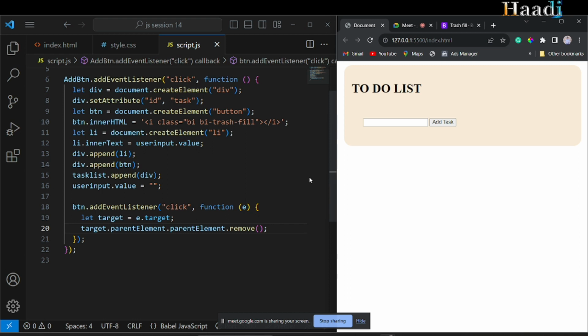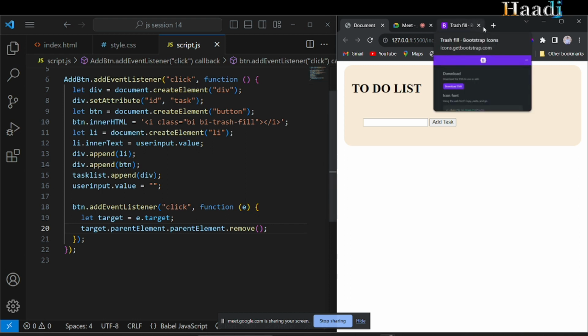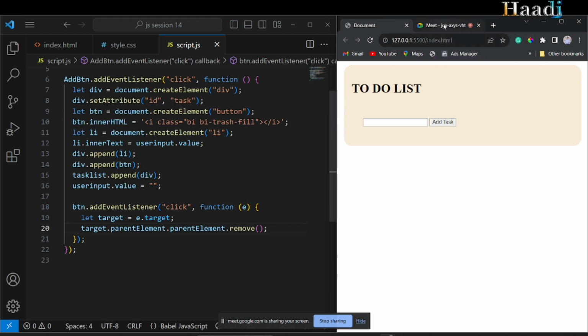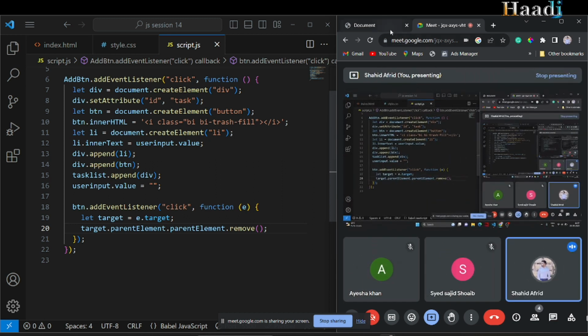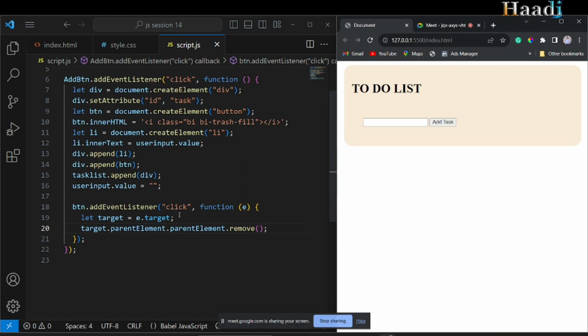Just do this and try making it better. And this is a project, guys. This is literally important. You cannot miss this. Try doing exactly the same thing and make it look much better, much greater. If you're adding new features, you will be able to explain it inside your interviews also. So these are all things we have to